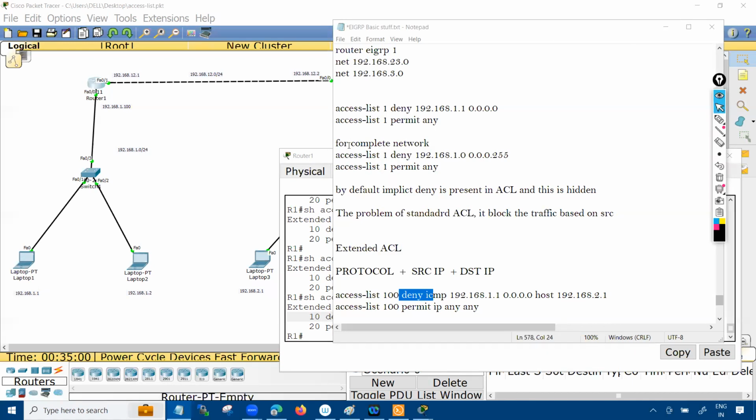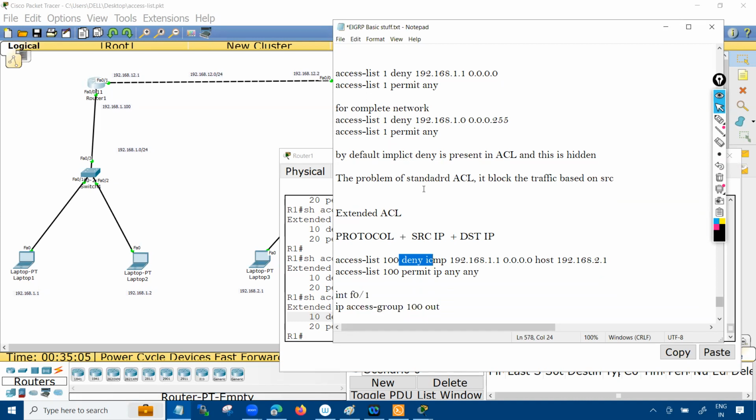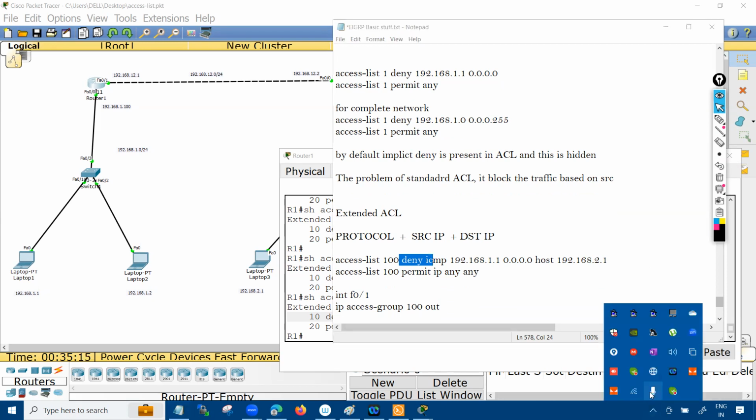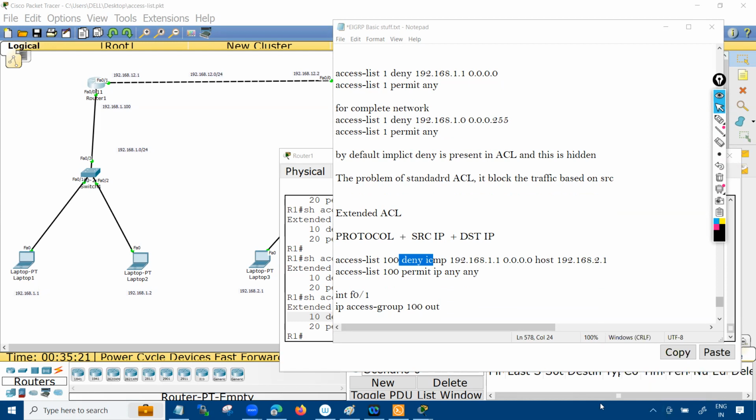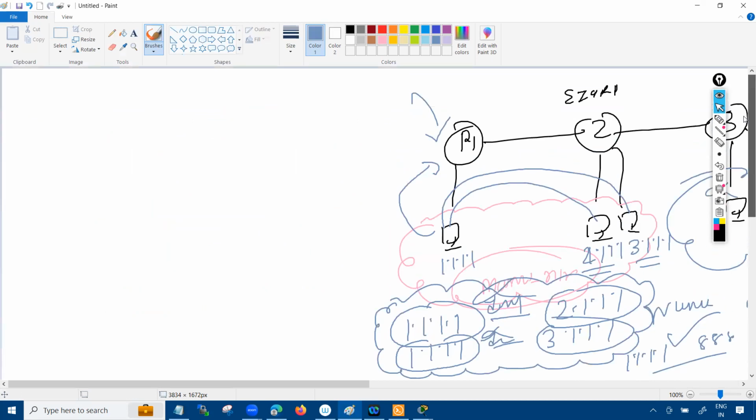What is the meaning of instance you are talking about? Like, in which case, or in other words, which scenario? In which scenario are we supposed to use the IP access list group? Which scenario do I want to use the ACL? Yes, the access list group, in which scenario? So, normally what happened,